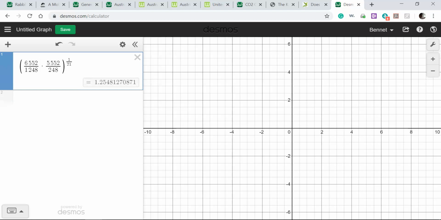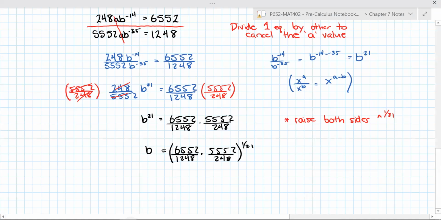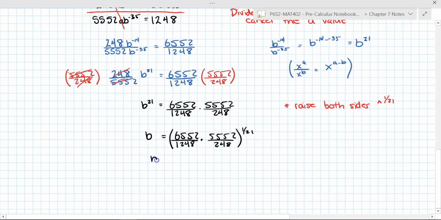I get 1.255, let's call that. B is 1.255 approximately. Again, this is pretty close to 1,